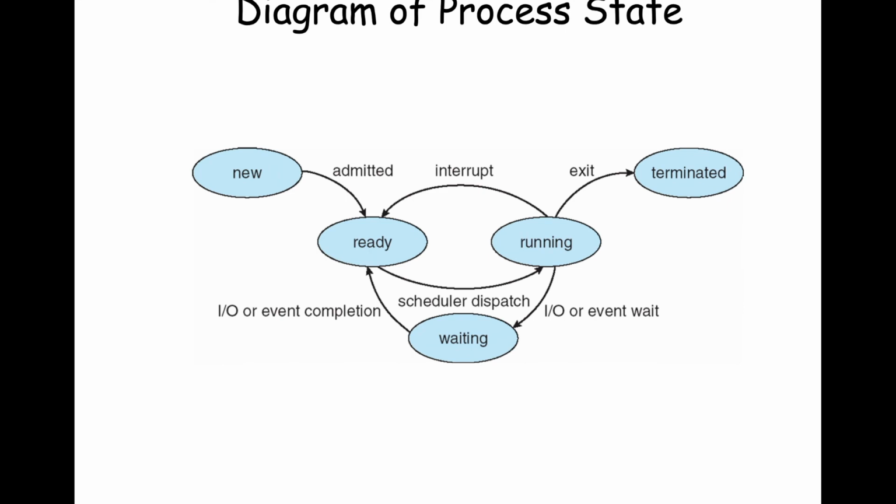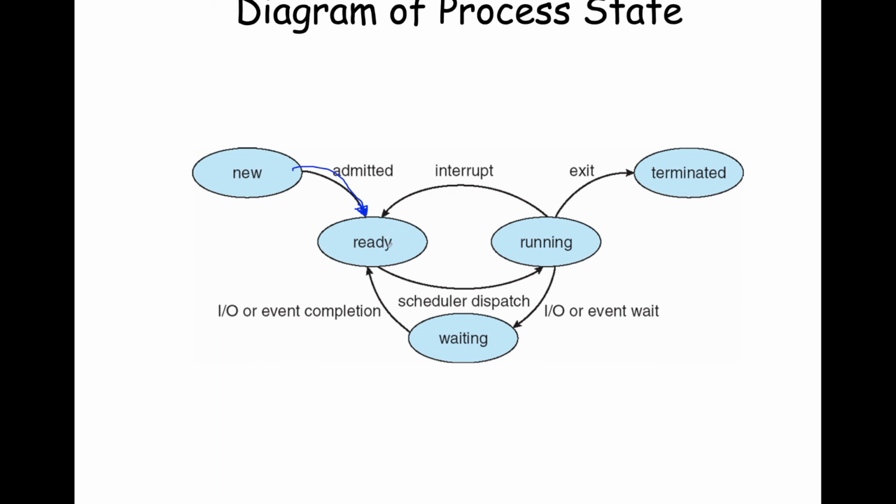So this is a diagram that's in the book, and it talks about the transitions between the different states of a process. You start out, and your process is in the new state. That means you're being allocated. Everything's being set up, all the data structures and files loaded from disk into memory. And then you're admitted to the system. Admitted to the system means that you're added to a linked list, the so-called ready queue. That ready queue consists of the data structures describing all the processes that could potentially be selected for execution of their instruction streams on the CPU.